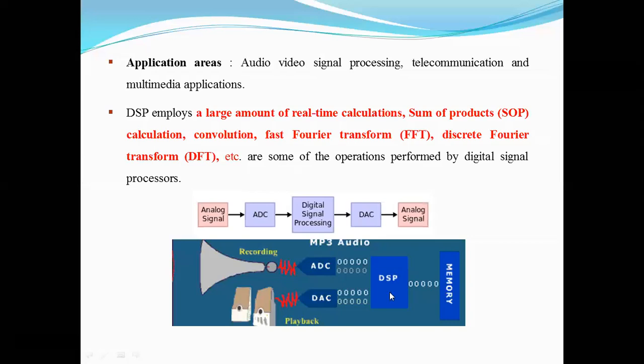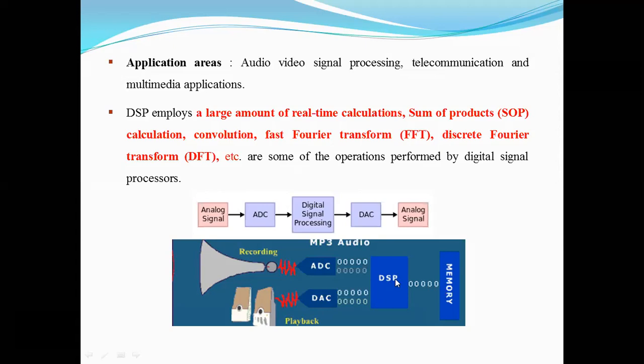What this digital signal processor will do is the real-time calculations. It will do the fast Fourier transform. If any data is analog in nature and requires calculation, all of that will be done by the DSP. Then that data will be stored in the memory. Why is this direction shown like this? Why is the data given back to the DAC? Suppose later when you come next time and want to play back whatever you have recorded, the data is stored in the memory in terms of zeros and ones. Again, it has to be converted back into analog.